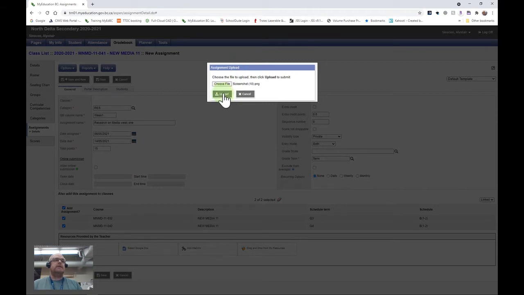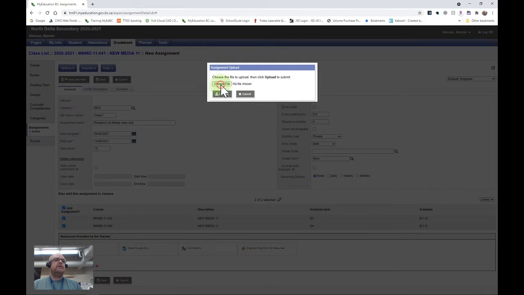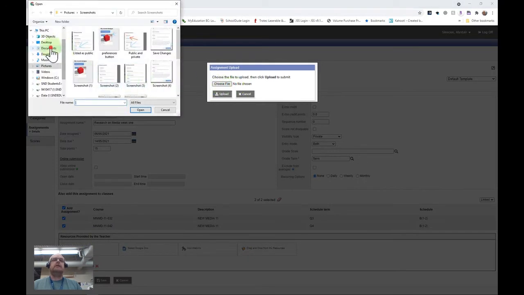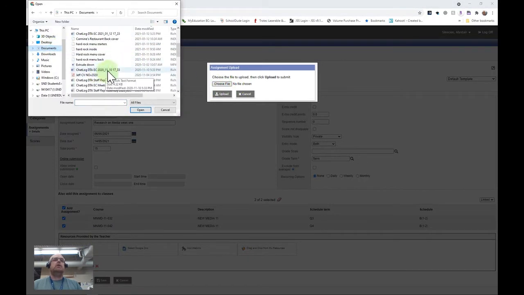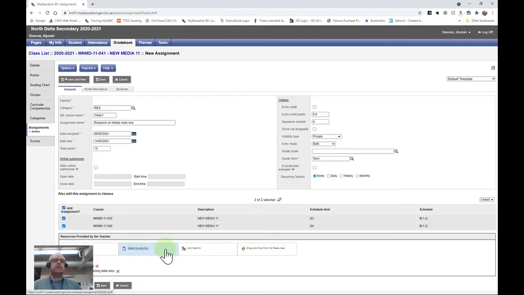It doesn't have to be a picture. And you can put another file in there as well. So let's say we have this training here, and you can upload that in there as well. Now down here at the bottom, you can also delete those. So if you change your mind,